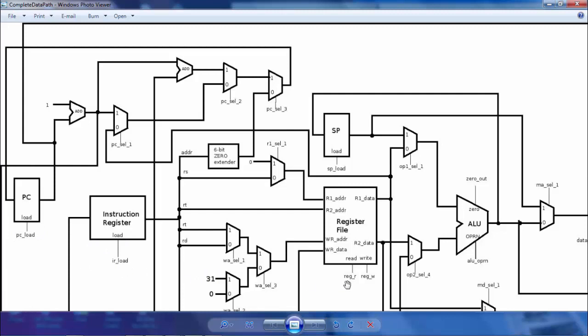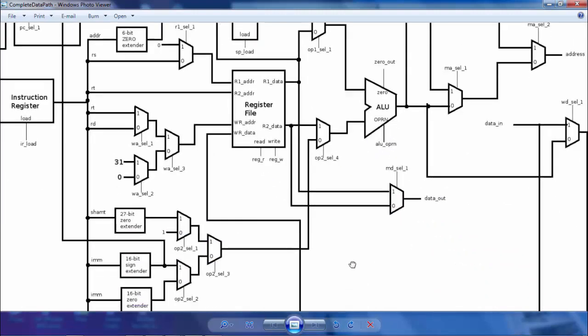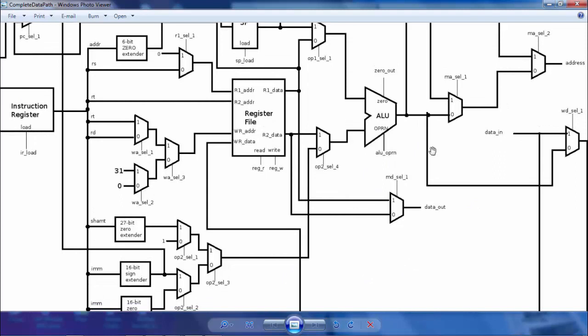Those are also control signals, and these are the register R and register W, etc. We have ALU operations, and address selection, for example, MA select 2, etc. So these are the signals coming out of the controller